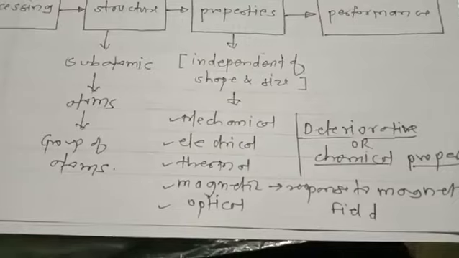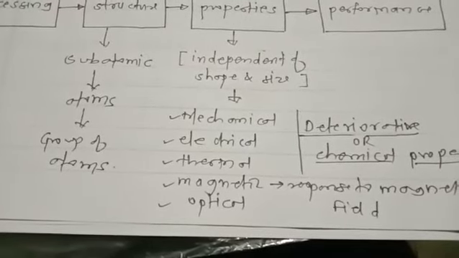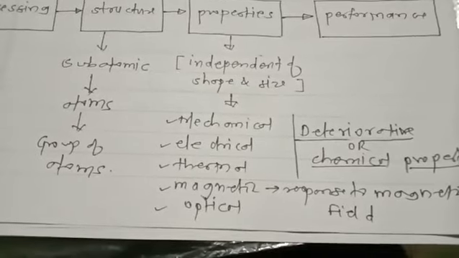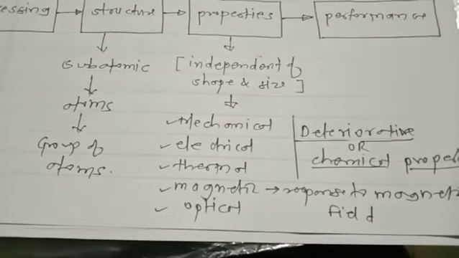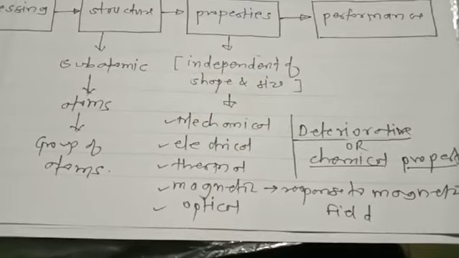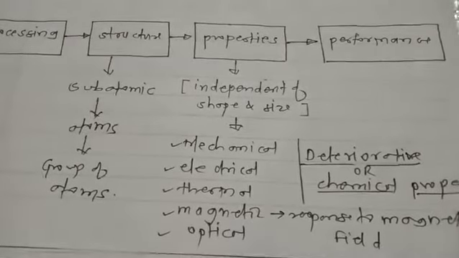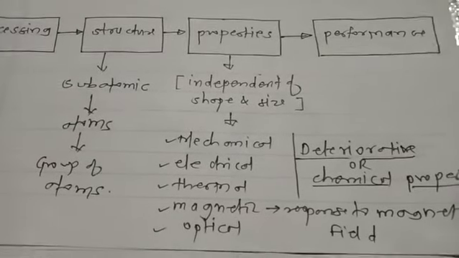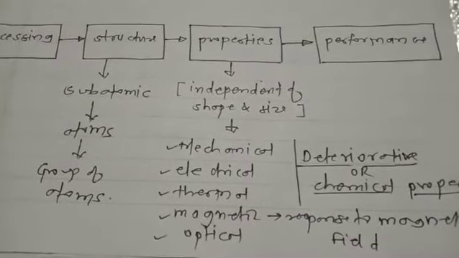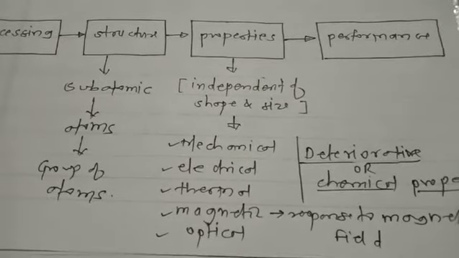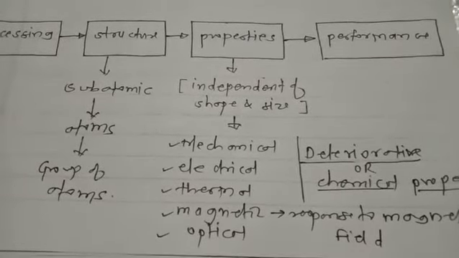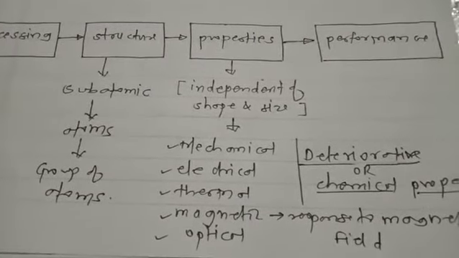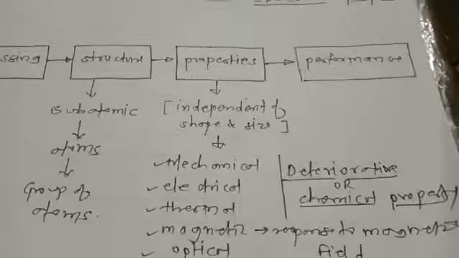component, right? Means if you want to change the properties, if you have to improve the property of any material, what to change? We need to concentrate on structure. We need to change the internal structure of the particular material, and then definitely that will lead to the change in the properties. And to change the internal structure, what we require is the processing. We need to find out the different process to change the structure of the particular material. Okay, so we'll move forward.